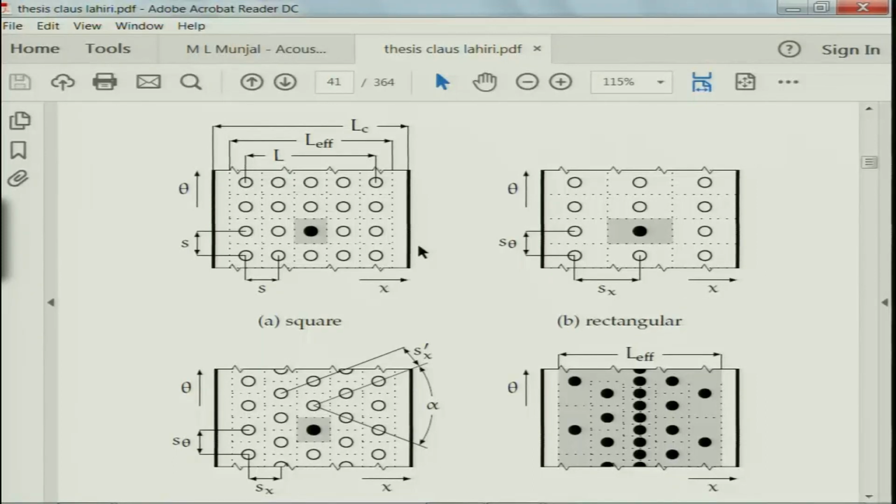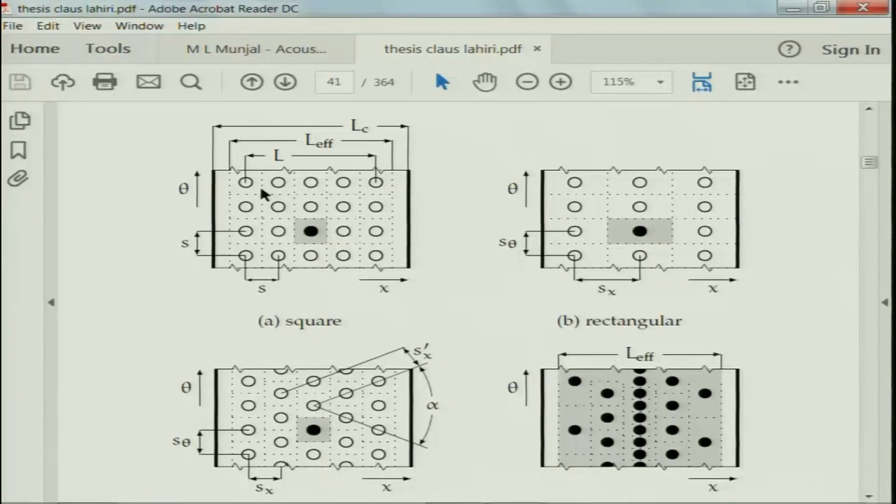Basically, suppose you unbend the pipe, or this is the development view, and you have holes of say circular shape drilled at regular intervals, 1, 2, 3, 4 like this, at a uniform center to center distance along the circumference as well as along the axis, because you can bend the pipe like here. So, this will become your circumference, and this will be the axial section. Similarly, you can have a rectangular arrangement, that is, fewer holes in the circumferential direction if you bend it like this, and more holes along the axis, or vice versa.